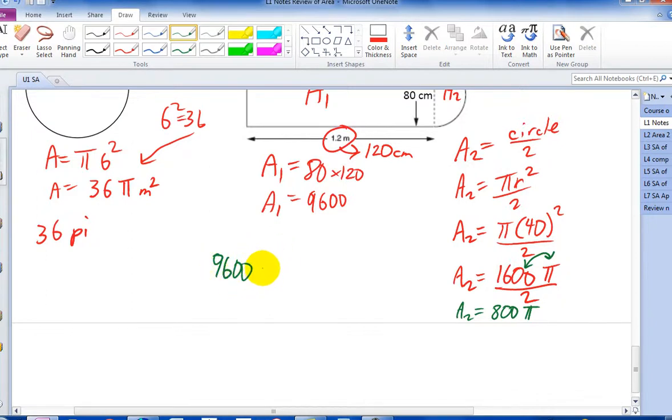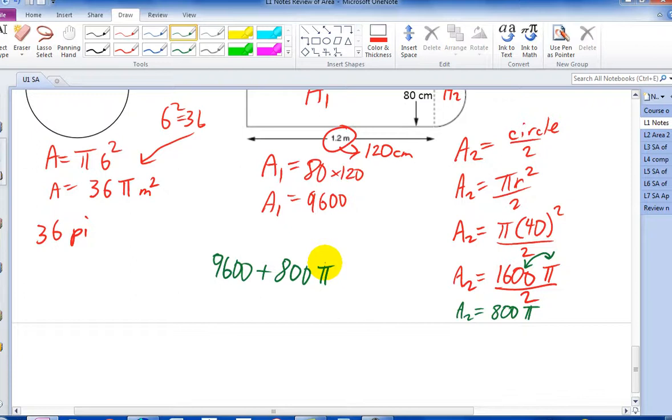So area 1 is 9600 plus 800 pi. Now if I was extremely particular, sometimes I am, but right now I'm not. So what I actually want you to do is figure out the approximation. What's the approximate answer? I want the, starts with E, ends with decimal. Yeah. So now you actually have to go to your calculator, but you got to be smart though. You have to go 800 times pi equals